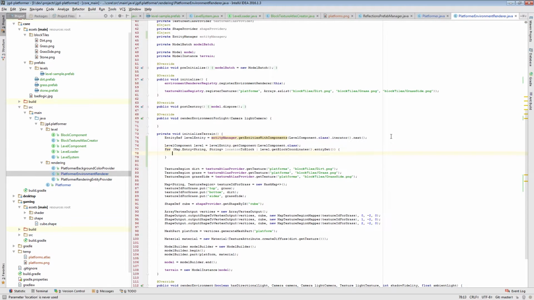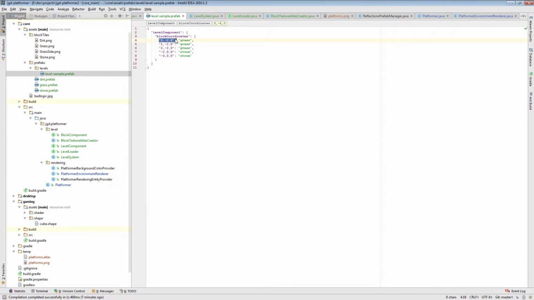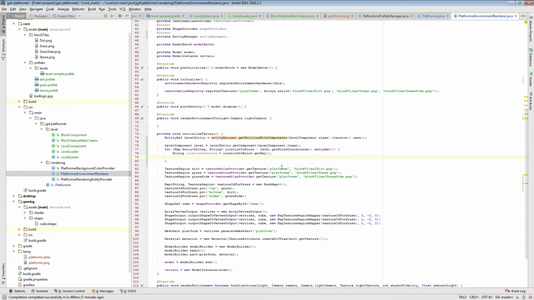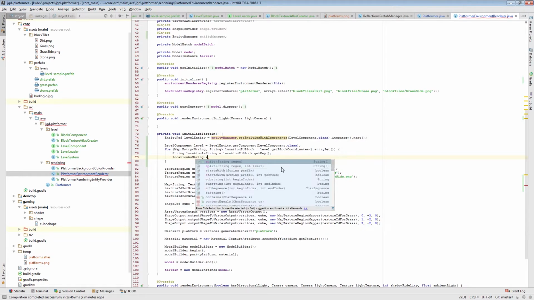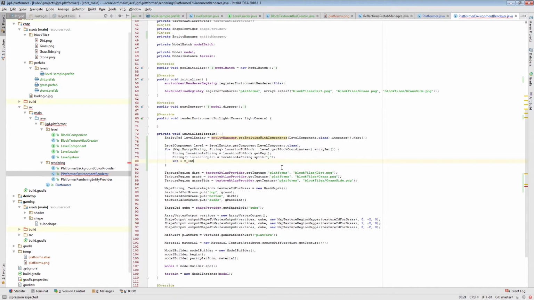Location to block. And so let's extract the location. Location as string is a key, as you can see here. So let's do location as string split by colon. X is going to be an integer, parse int location split 0,